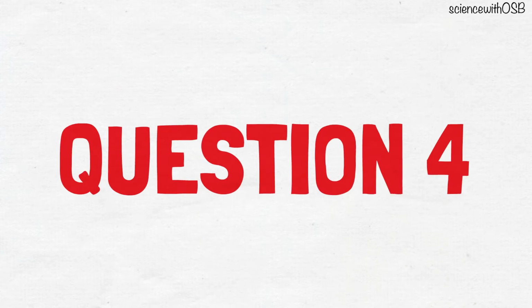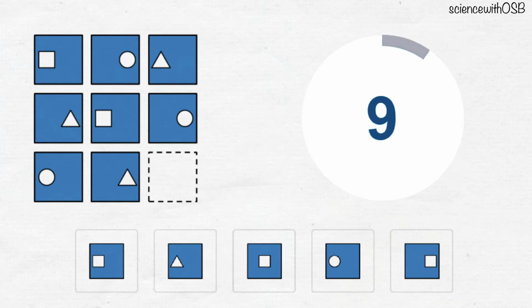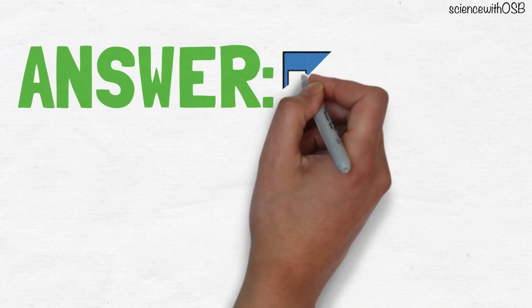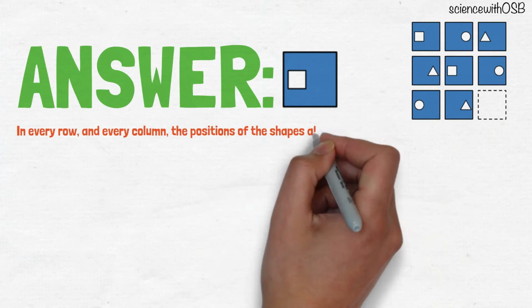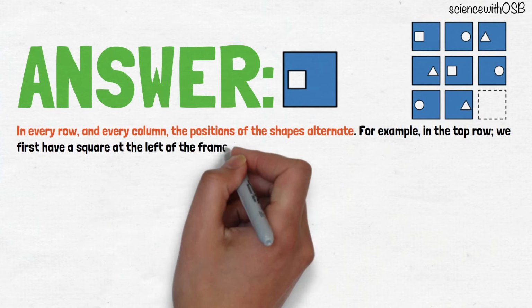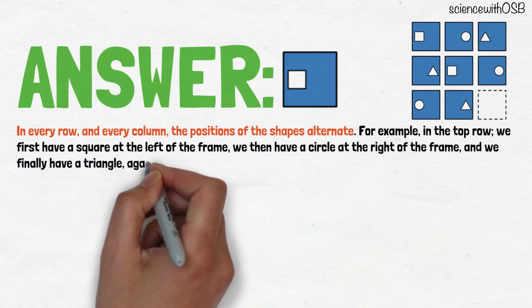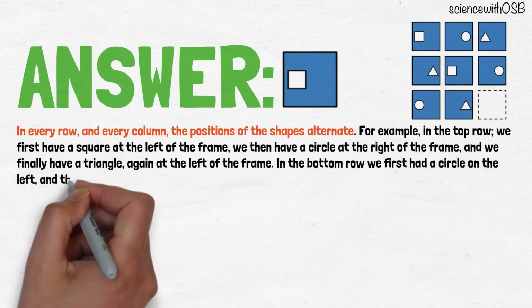Question number 4. Observe the matrices closely. Here, the correct answer is 1. In every row and every column, the positions of the shapes alternate. For example, in the top row, we have first a square at the left of the frame, we then have a circle at the right of the frame, and we finally have a triangle again at the left of the frame. In the bottom row, we first had a circle on the left and then we had a triangle on